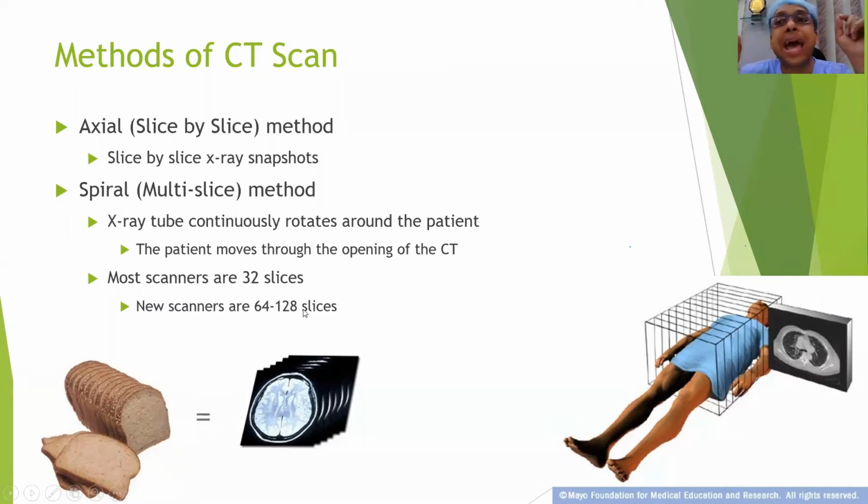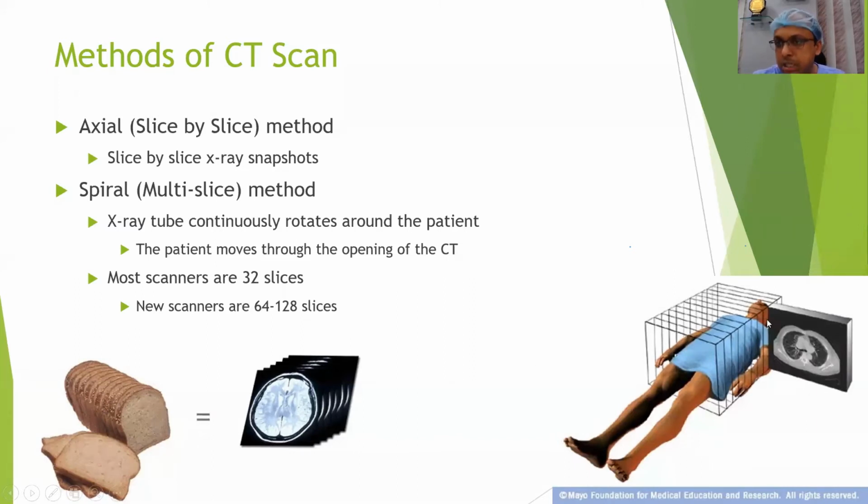But what's the good and not so good thing? The good thing is, the more slices you have, the more information. The more information you have, the better you will be able to evaluate the structure you are trying to evaluate. But what is the con? That's the pro, I said. The con is that there is more ionizing radiation of X-ray in the body, which obviously could have a detrimental effect in the long term. Right? Makes sense? So that's basically the multi-slice approach.